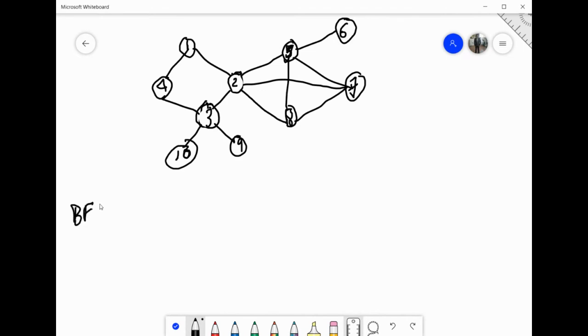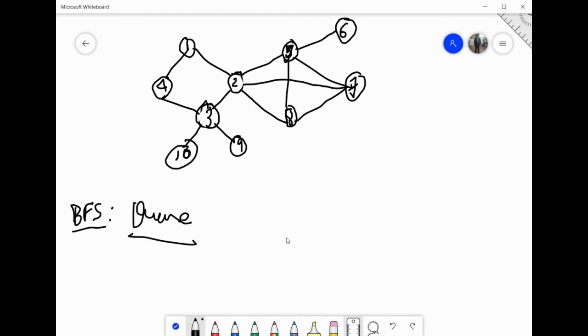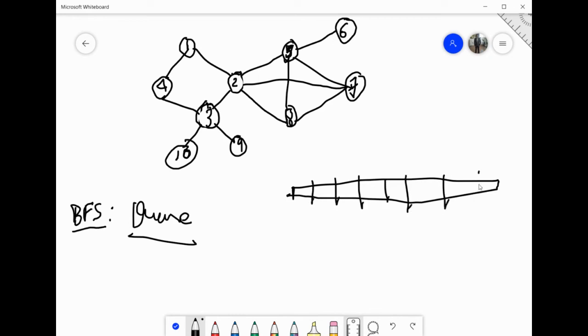Now, a very classical question is, there is no data structure named BFS. So how you can perform BFS is, you have to use queues to implement BFS. This is a very classical interview question, and in whatever competitive exam you are giving. How you can implement BFS? You need a queue to implement BFS. Okay. So let's make a queue like this. This is my queue. Now watch carefully how BFS works.